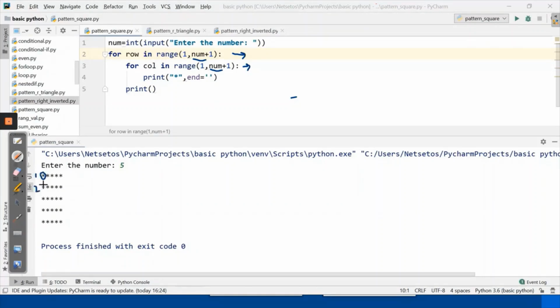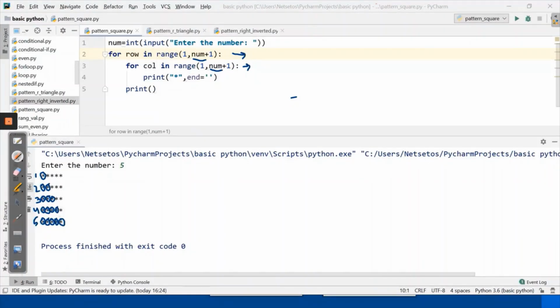In second row, 2 stars. In third row, 3 stars in column. 4th row, 1, 2, 3, 4 columns. And in fifth row, we need 5 columns here.